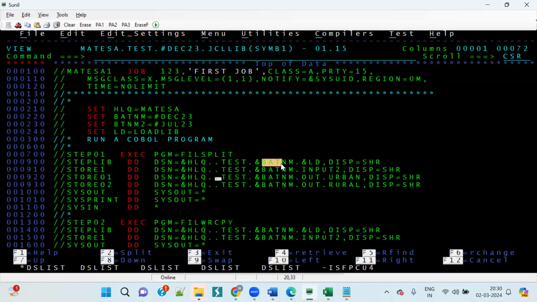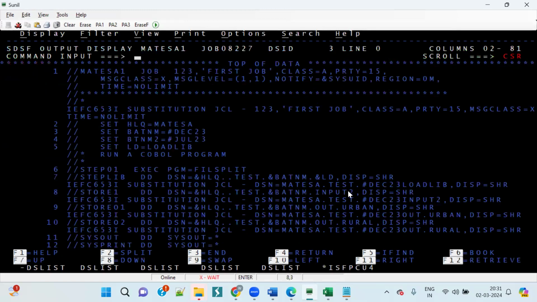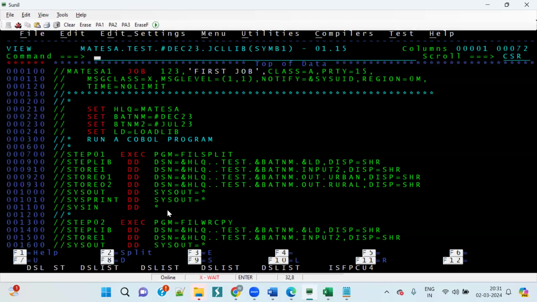Okay, this one. Batch number we haven't modified yet, correct? This also will have. Okay, this we have modified. This we did not modify, right? Because it is still having more than 8-letter qualifier only. If you see this, see December 23 input, there is no dot here. So this is what it is saying. So here, let's make,